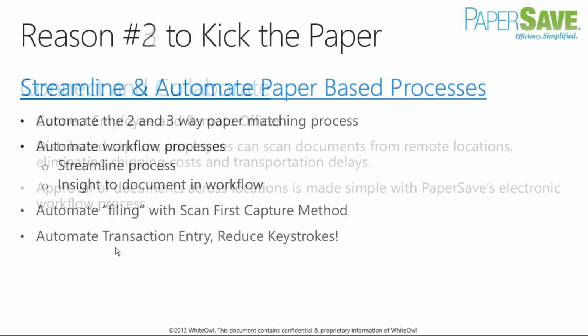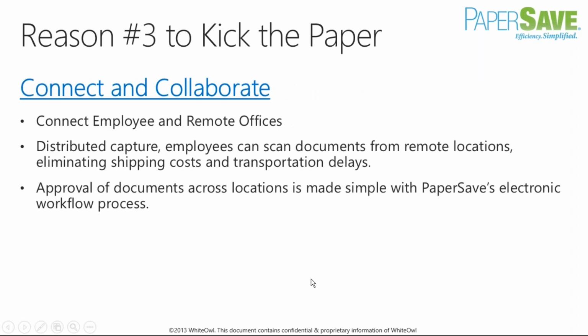And the third reason to kick the paper habit is to connect and collaborate. What I mean by that is when you think about a piece of paper, only one person can hold that paper at any given time. Or you're having to multiply that piece of paper, photocopying it or sending it out as hard copy, or even attaching it to an email. It might be electronic, but now you've got multiple images of that document out there. If you can have your documents in one central location, allowing remote offices or employees to access those documents, great,